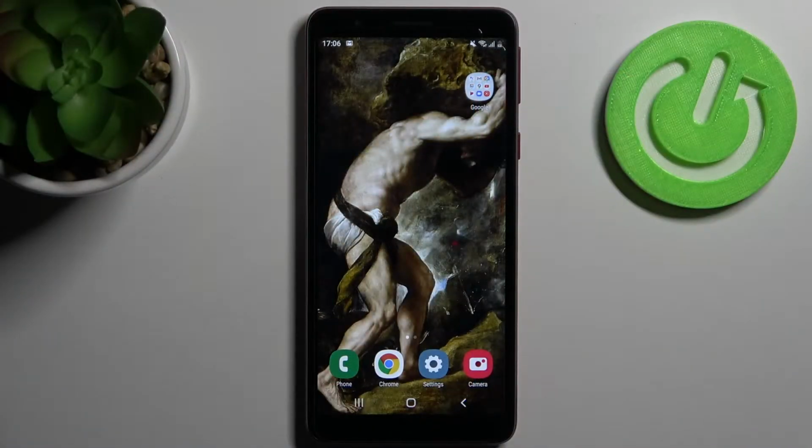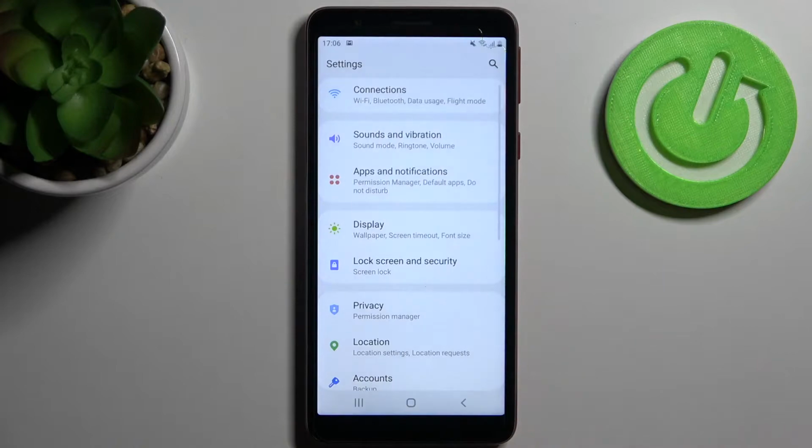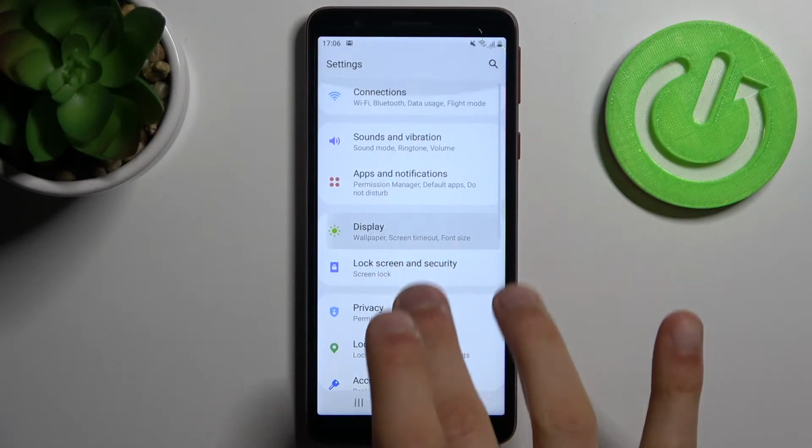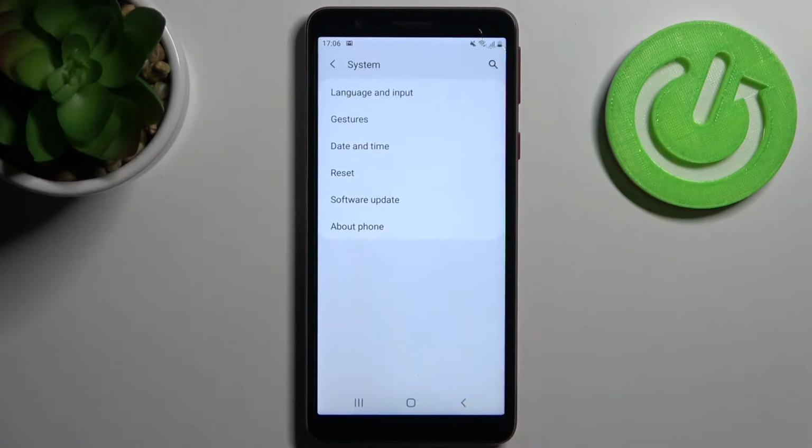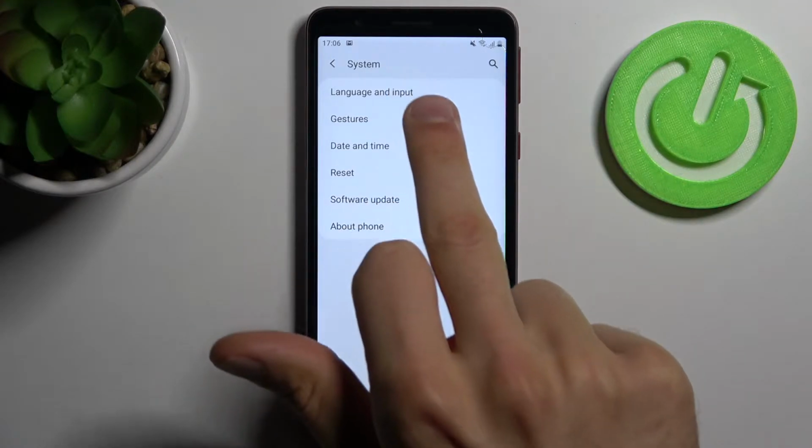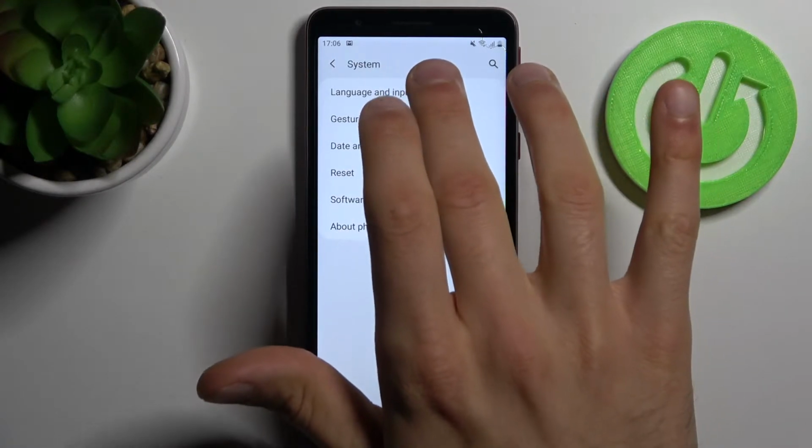Here I have Samsung Galaxy A01 Core, and today I'm going to show you how to change keyboard language on this device. So firstly you have to open settings, then you have to go to the system section, then languages and input,